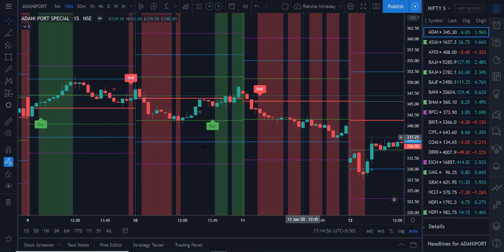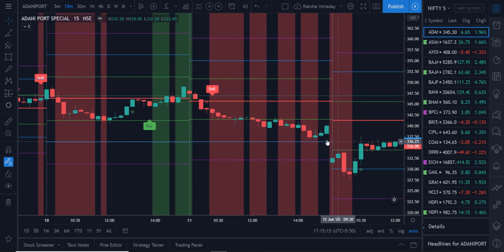As I already told you in my earlier market trap video, the absolute levels of earlier days act as very good support and resistance. So you can see here the 9th June blue line is acting as a support, so as soon as it touched here, that's the reason it didn't give the blue line of that day. So as soon as it touches, try to find the nearest absolute levels for support or resistance. As it already gave us a target here, here is a beautiful run of Adani Ports.